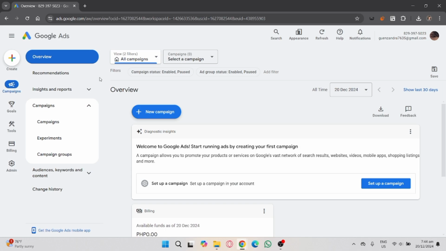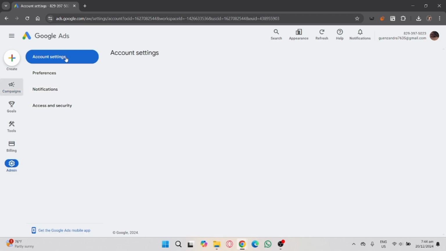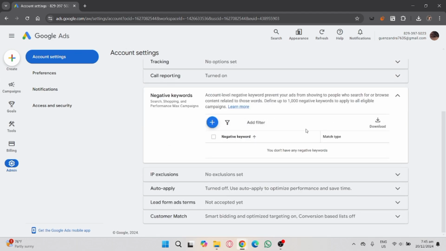So first, make sure you are on ads.google.com and log in with your credentials, and then navigate to the settings section and you will see here the account settings. Click on that and you will notice here the negative keywords. Select on that and then click the plus button to add negative exact match keywords on Google Ads,